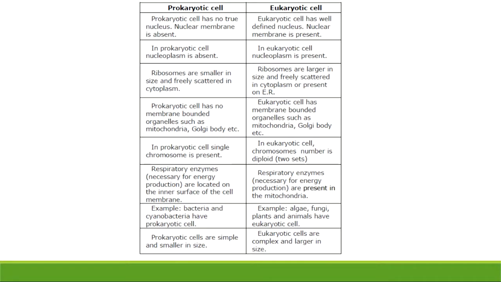Okay. The best example of a prokaryotic cell is bacteria, and the best example of a eukaryotic cell is amoeba. We can see what the main differences between the prokaryotic and eukaryotic cell are, and then I will show you the pictures also. Before telling you, I want to show you the pictures. Let me share the screen with you.